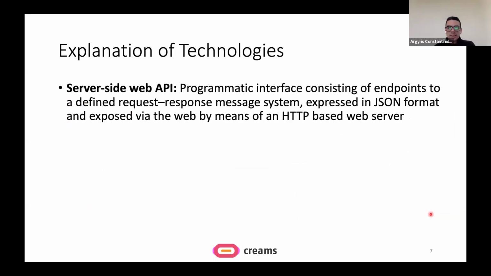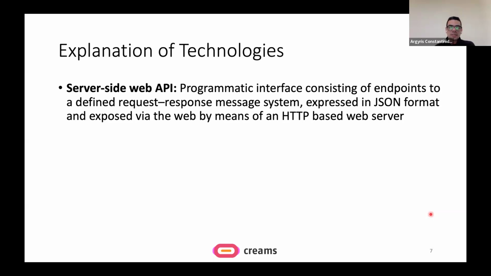Now, a few more details on each of the technologies. So the server-side web API is the programmatic interface, if you want, that consists of the different endpoints that are responsible to implement some functionalities. And there is the concept of a request and response message system.